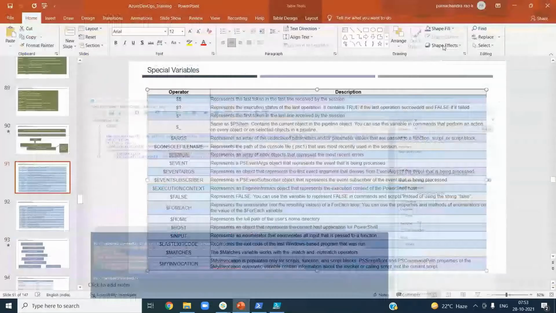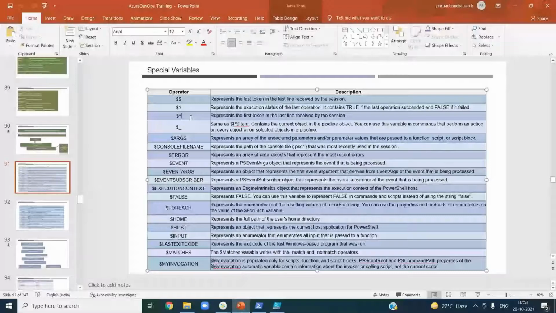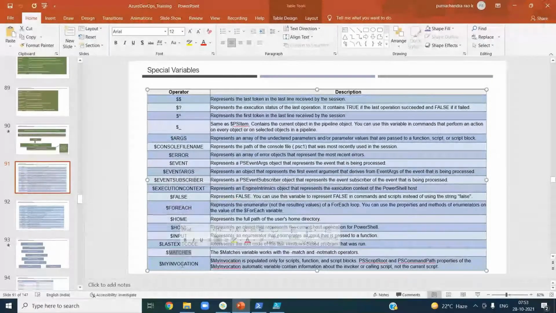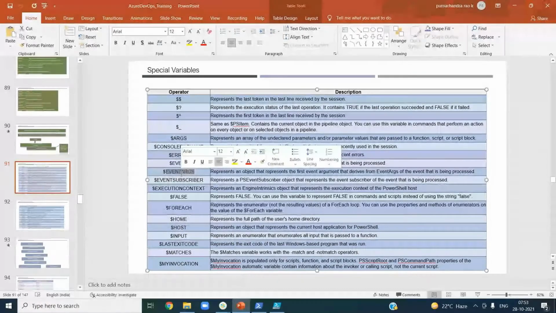Similarly, dollar underscore, dollar caret, dollar, all these things we are going to use. For each, we are going to use this in our looping basically. For each item, we will do something, some matching conditions, some events. We are going to use some for args, event args. Okay.